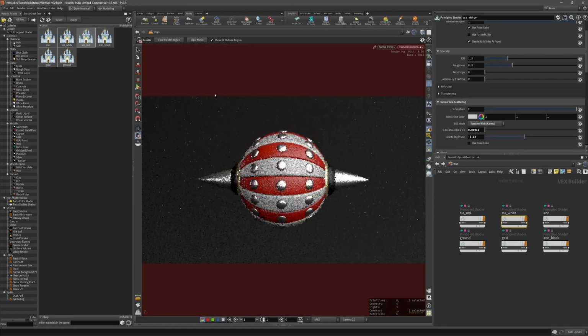So just clear the render region. Also, if you're using CPU, you can click somewhere to isolate where you want things to be clean first. It worked like in Mantra. So yeah, we are now rendering. There is the time. We have some info here. We can check. Also, while this is rendering, it's worth mentioning that